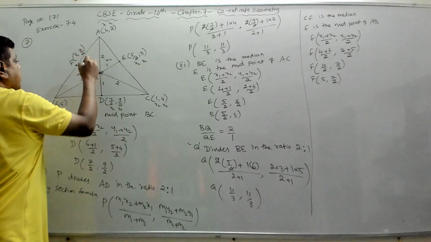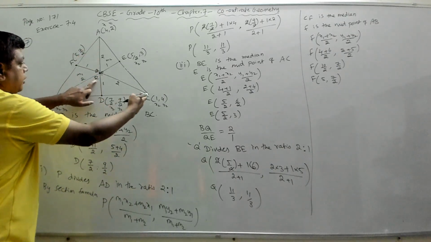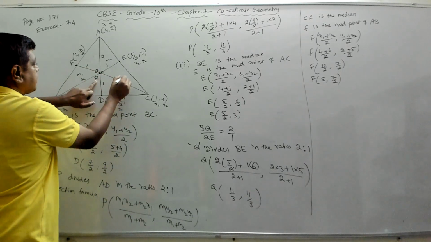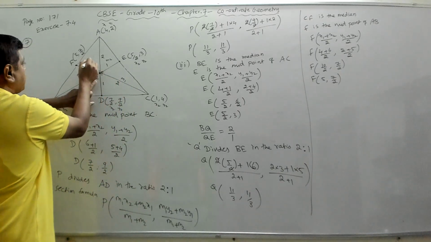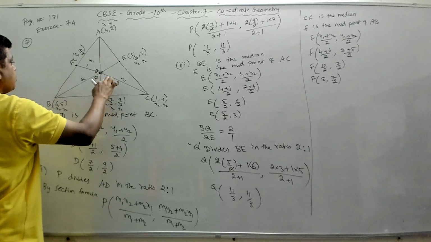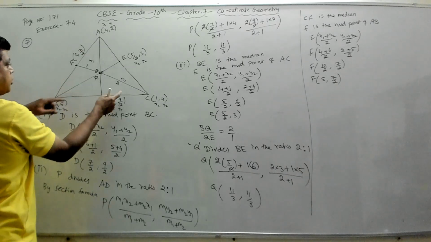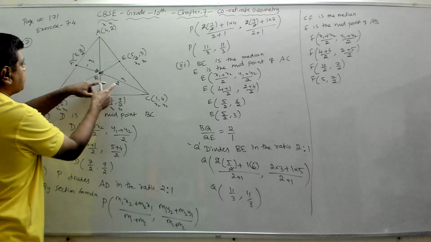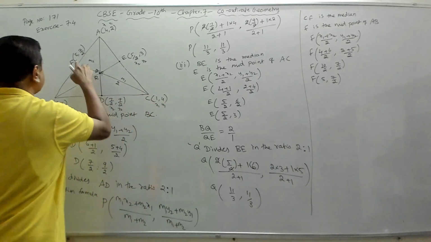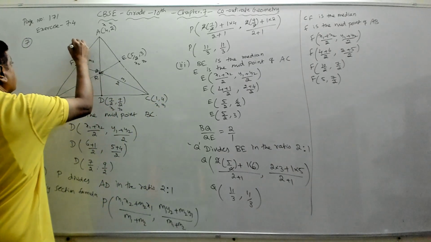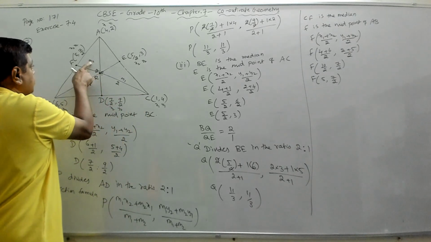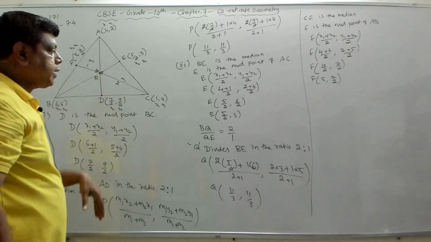Now we shall find what R is. This R divides the line segment CF in the ratio 2:1. So we'll take this as M1, this as M2. I'll erase these 2's and 1's. So the ratio M1 is to M2 is 2:1. We'll call this x1, y1 and this x2, y2. Always the point which is close to M1 is x1, y1, and the one which is close to M2 is x2, y2. That's how we should take.